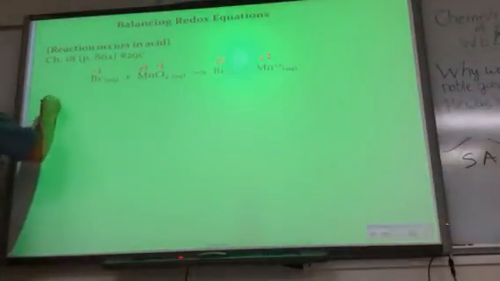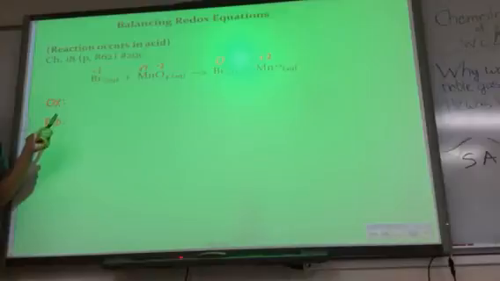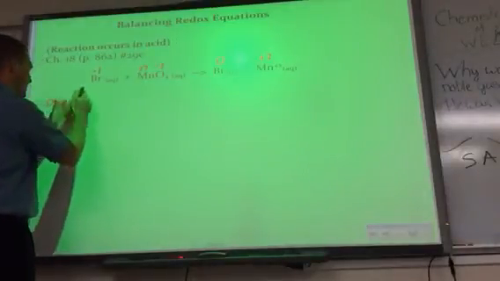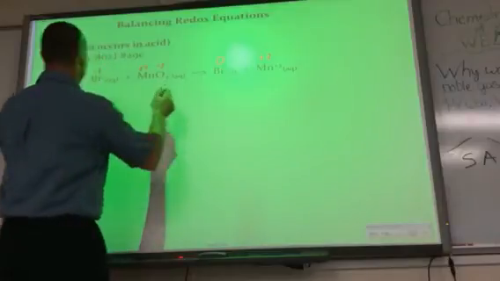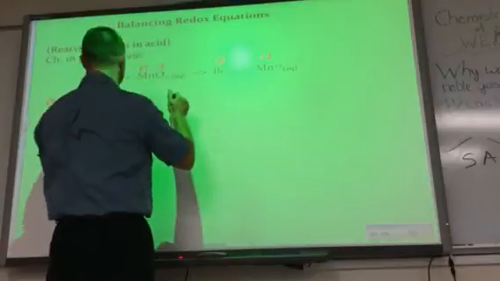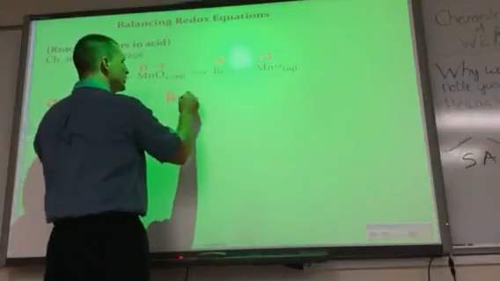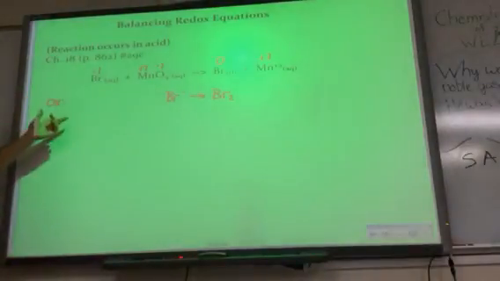The way that we write our half reactions, I'm going to model it the way that I'd like to see you do it. Over on the left side of your paper, give yourself an ox and a red. Now it comes back, right? Give yourself some room. Don't write anything right next to the ox and red. Go over here to the center of the page and write down for the oxidation, just write down what you started with and what it oxidizes to. It was Br negative, and you're going to do the thing that oxidizes over here. The thing that reduces is